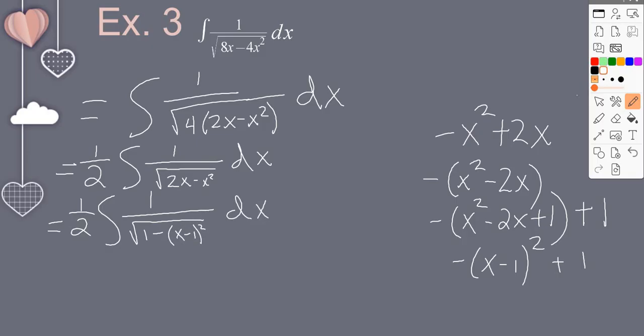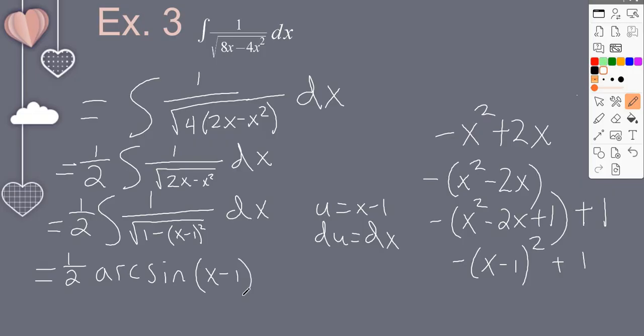Then what do we need to do? It's pretty similar to our last one. That one I take my derivative and just get a dx. So I get 1/2 arc sine of x minus 1. Again, my a value is 1 here, so just divided by 1. Thus,